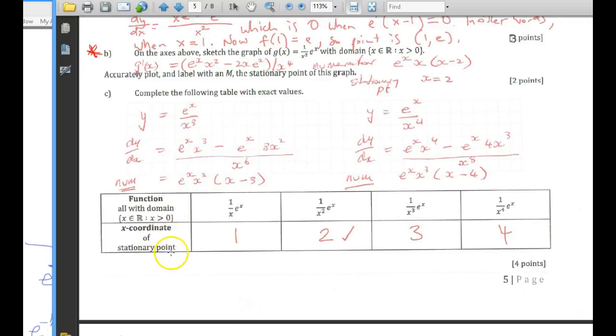So as you complete this table of values, to work out the stationary point, you need to have a gradient of 0. So you're asked to work out, let's reread the question, complete the following table and coordinate of the stationary point. So you've got to find the gradient of this function, which you've already done, and show that the gradient is 0. So when you find the derivative of 1 on x squared e to the x,